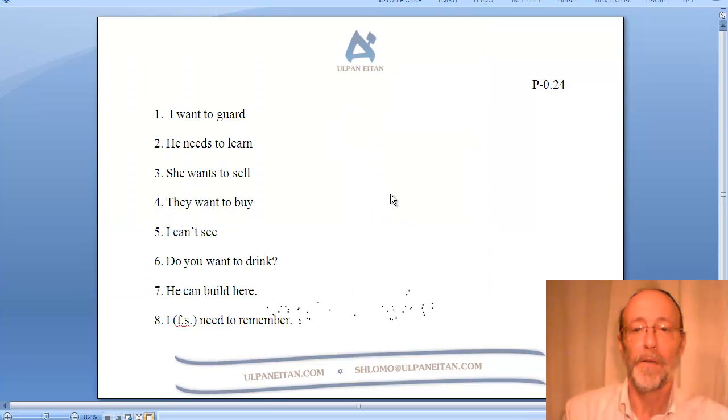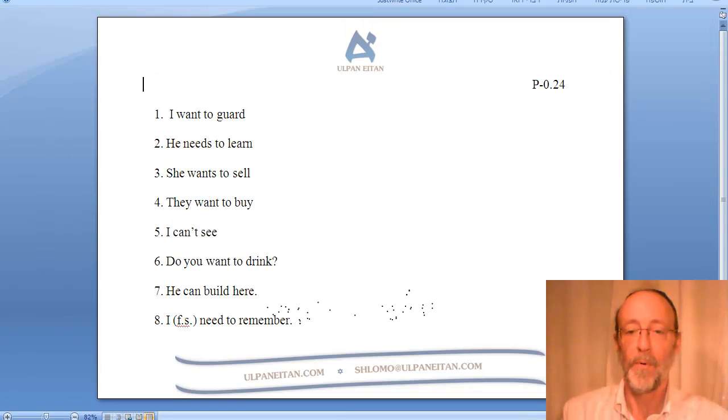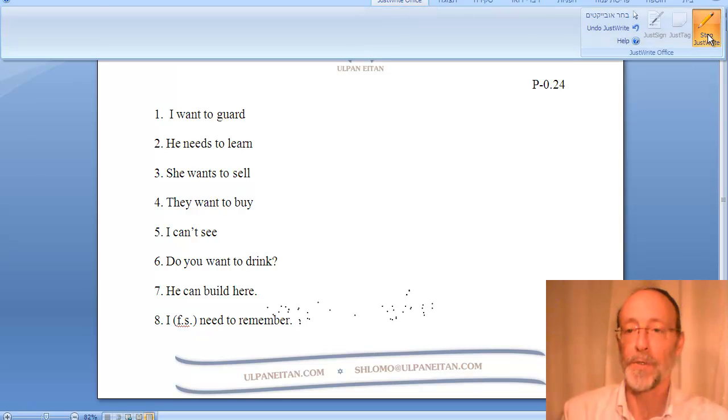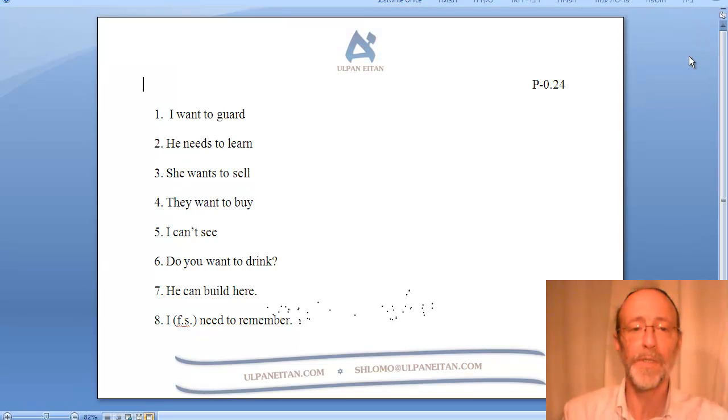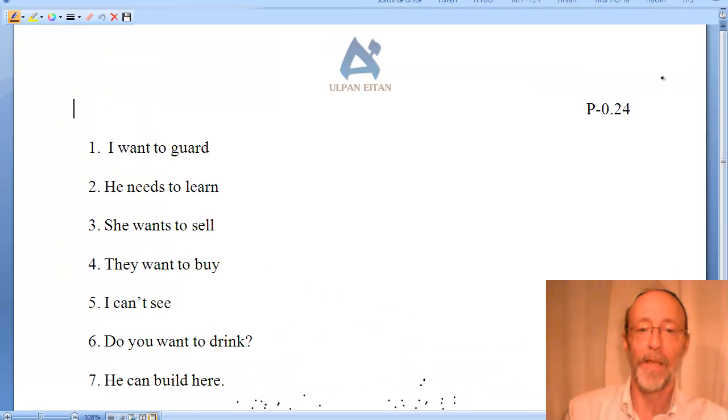Hopefully, you're now seeing sheet 0.24. To be able to do this sheet effectively, you're going to have to learn 2 new words. These words are the word for need and the word for able or can. So I'm going to write it right over here. The word for need is